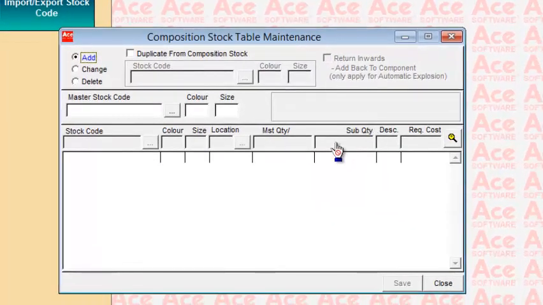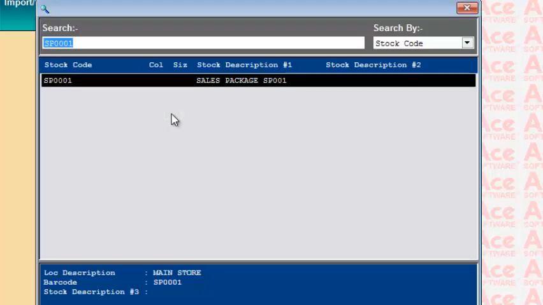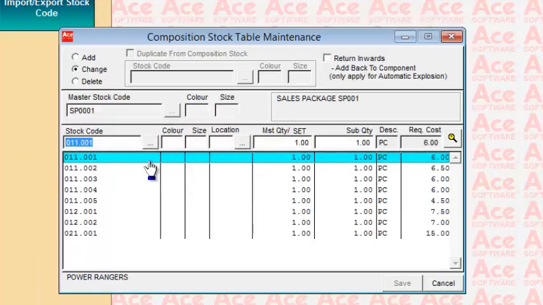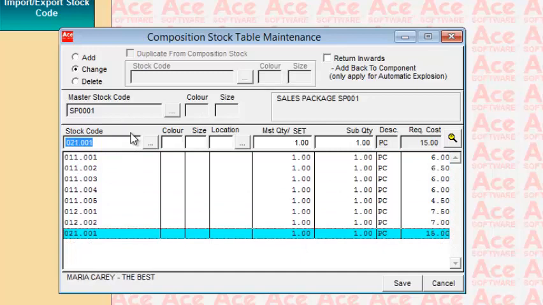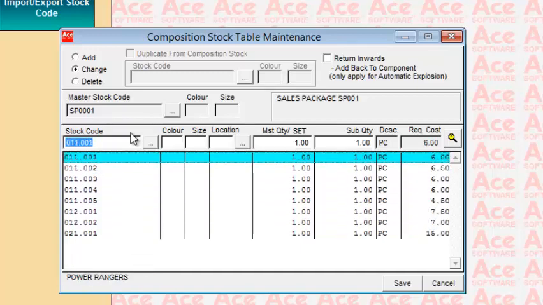You can see this is where you can build up your tables representing different products. For example, let's say I go to change a master code inside here. See, this is a sales package. Since I'm looking at this example as a retail business, in other words, I'm saying sales package SP001 is made up of these individual items. So when I sell one set of SP001, the system will follow this composition table and actually deduct the quantity